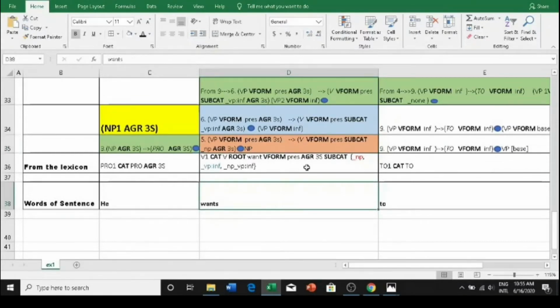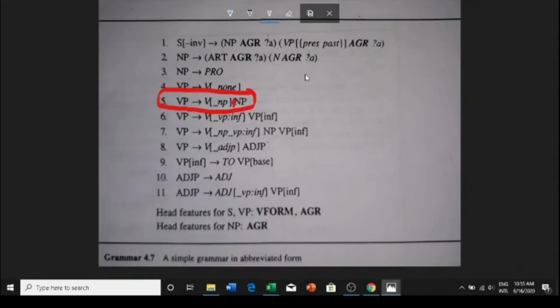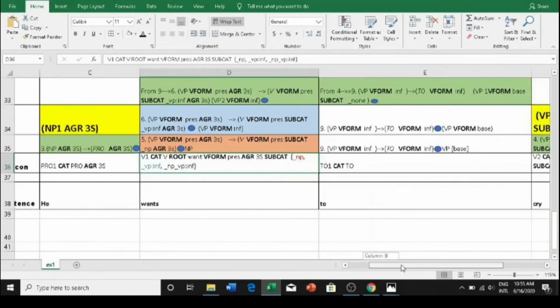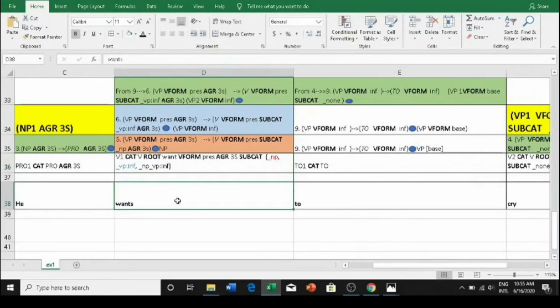In the case of ones, we got the lexicon entries. Then we went to scan for the grammar from the database, and we found a verb part for rule number 4, but unfortunately subcategorization mismatch was there, so we went for rule 5, and we got a rule that could be used. Then we will see what happens next. We will just stop here for once.